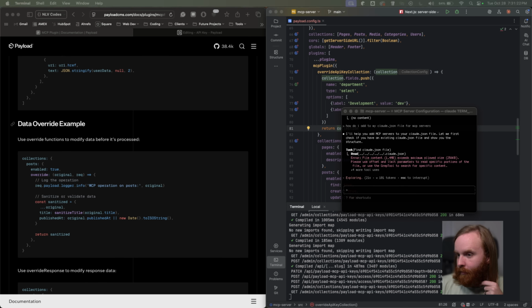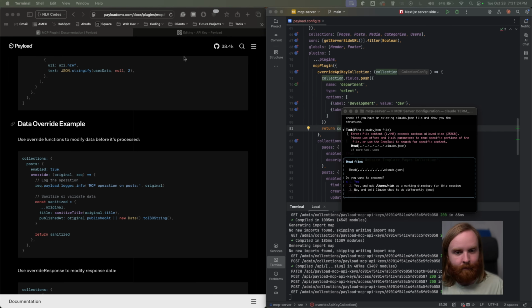Or maybe it doesn't, so let me Google it instead. Oh, I found it. All right. Oh, it's a hidden file. That makes sense. All right, so let me